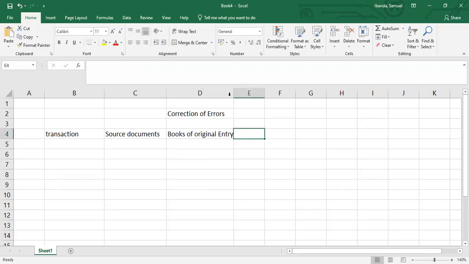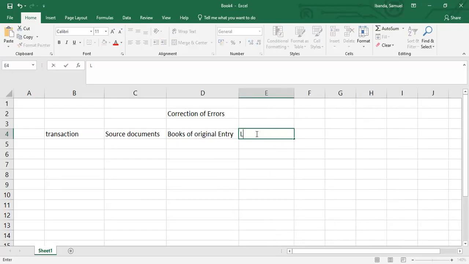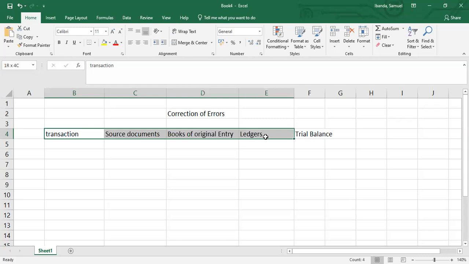And then from books of original entry, we get to our ledgers, and then from our ledgers to the trial balance. Okay, so ideally errors happen in all these steps, especially from the source documents, the books of original entry,